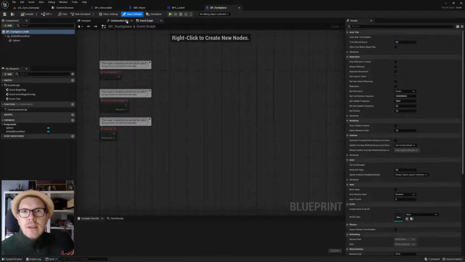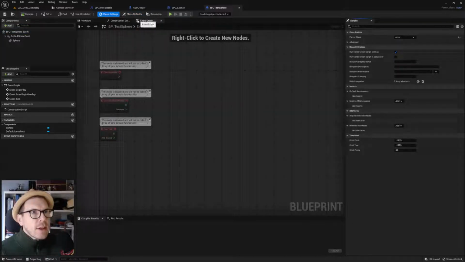So going into the test sphere, we're looking at class settings. So if we click class settings in the test sphere, we can see here implemented interfaces, no interfaces. So we're gonna add,